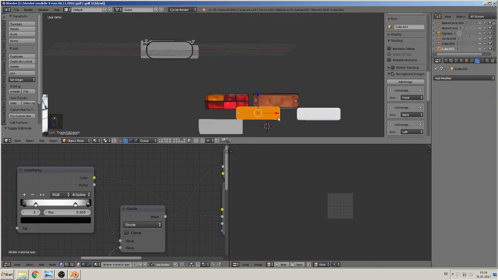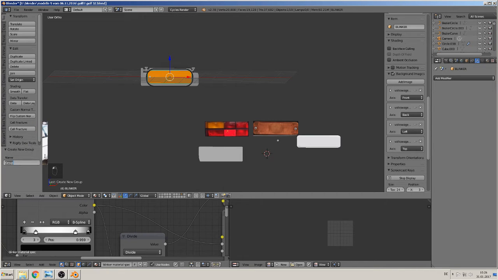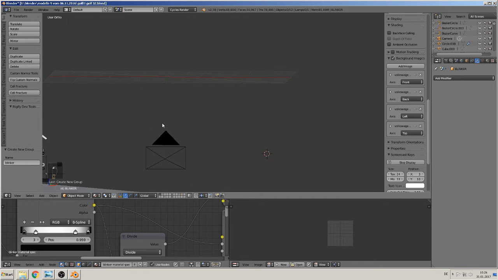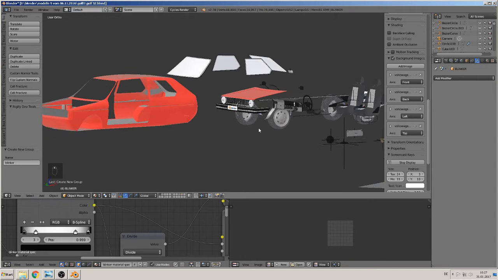We now need to adjust this to bring it in front of the car there. So that means we go here and name it blinker. Good. Then with Alt G, we make it in the middle. With Control G, we give them the name of the group here. And that should be blinker, surely. So blinker. Good. Then we go in the front view. At the front. You know. So then add